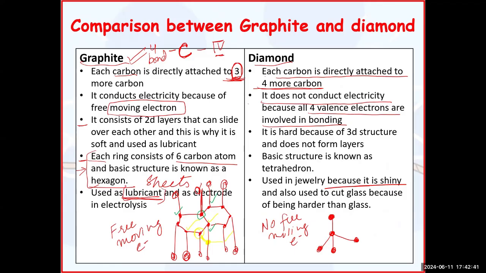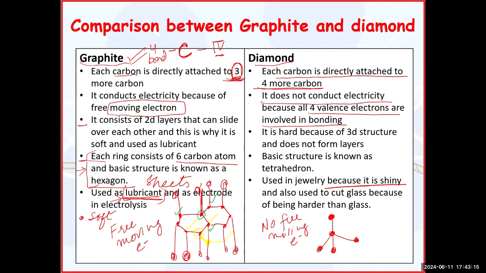The use of graphite refers to its structure. You can justify the use by its structure. If the question is why is graphite a good lubricant, you will say that the sheets of hexagon in graphite can slide over each other. This is the reason that it can work as a lubricant, and sometimes we also call it a soft giant molecular structure.